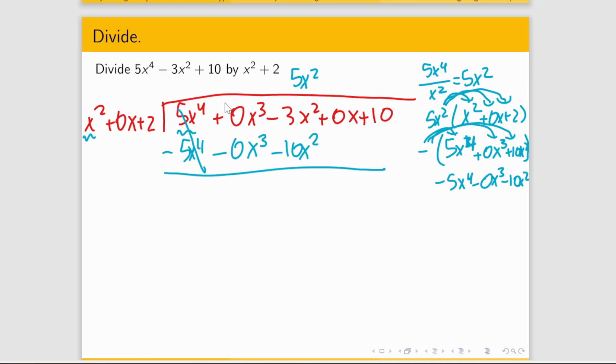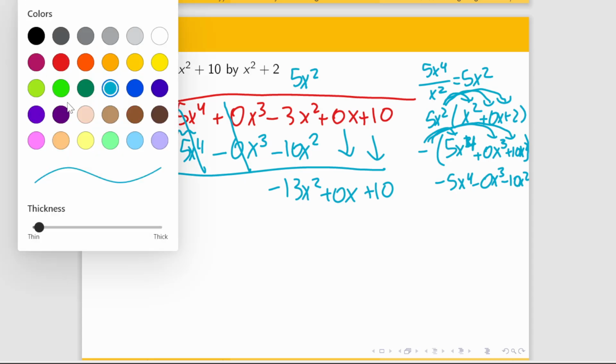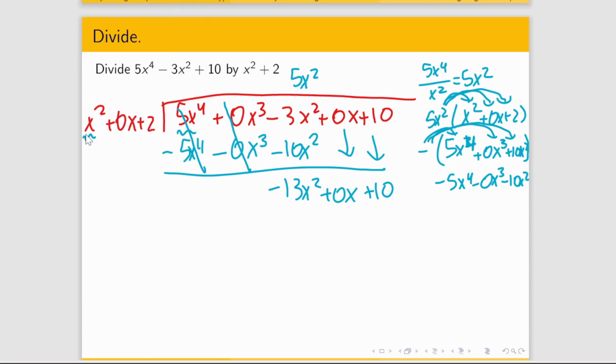That cancels out. That cancels out and makes 0. And then we have negative 13x squared. Drop down plus no x's. Drop down plus 10. And then as my last step, I need to figure out x squared times what gives us negative 13x squared. So I can do negative 13x squared divided by x squared to the side. That just gives us negative 13. So I want to do negative 13